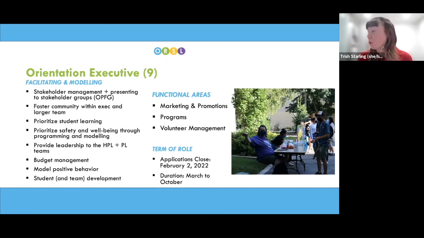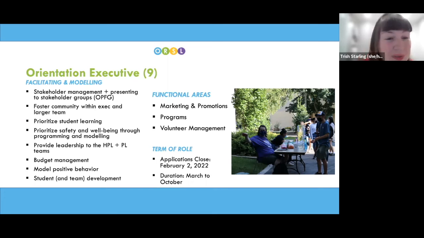It's really about creating community of your executive, those 9 folks, as well as the orientation coordinators and people like me or Jared or Alex who are all supporting the work. Really, of course, in all of these roles, we want to prioritize safety and well-being. And the exec really serves as the leaders to the head peer leaders and the peer leader teams as a whole. So thinking about ways to create community within all of those kind of mini teams that then serve as example that trickles down into the new